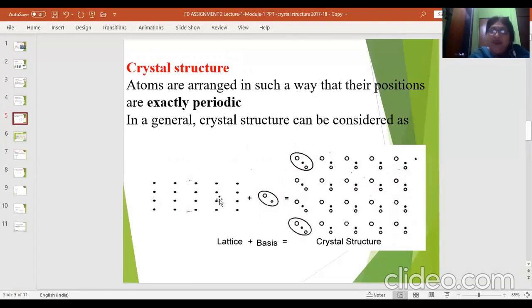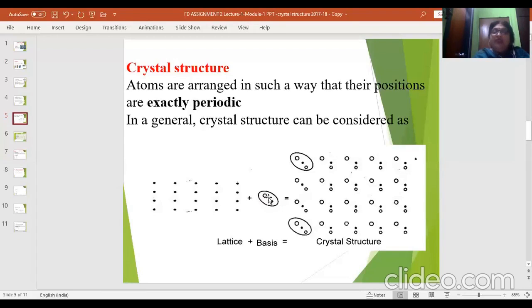Now, let us understand what is a space lattice. Space lattice is a volume in which the lattice points are identical to each other from its own neighbor. That is, each lattice point will have the same environment of neighbors which another one must be having. So the total volume in which these lattice points are put up is called a space lattice, and plus the basis will form the total crystal structure. What is a basis? Basis will be an atom or a group of atoms associated with these lattice points.